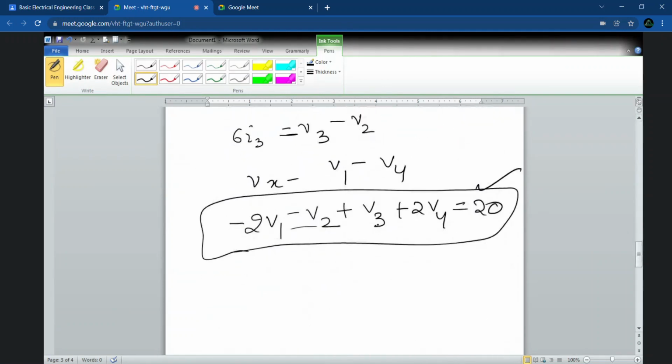Ma'am, it should be minus 4v4 in the loop 3 first equation. In which equation? I have written minus v3. कौन सी loop 3 वाली? Yes, ma'am. Loop 3 first equation. लूप 3 की इक्वेशन है 3v1 minus v3 minus 2v4. It should be minus 4v4. एक मिनट बेटा, लूप 3 के लिए आपका आ गया vx, हाँ ये आ गया ना, minus 2v1 minus 2v2 plus v3 plus 2v4 is equal to 20. ठीक है.